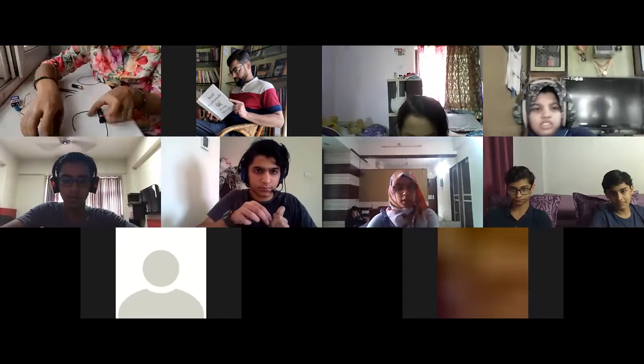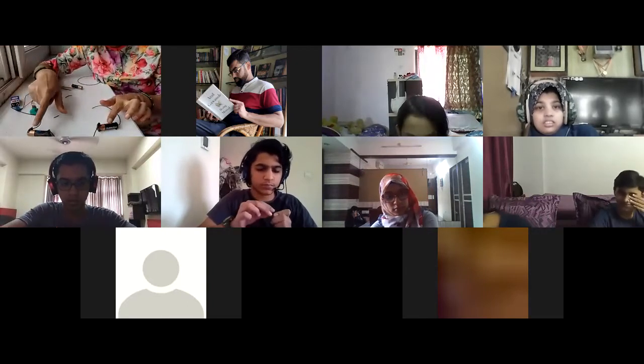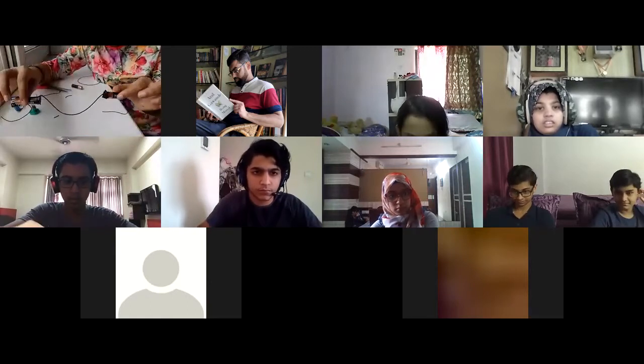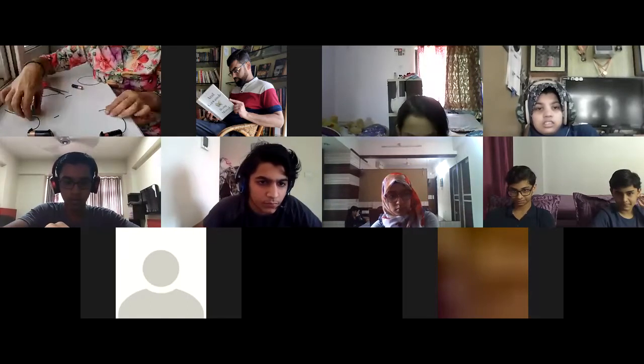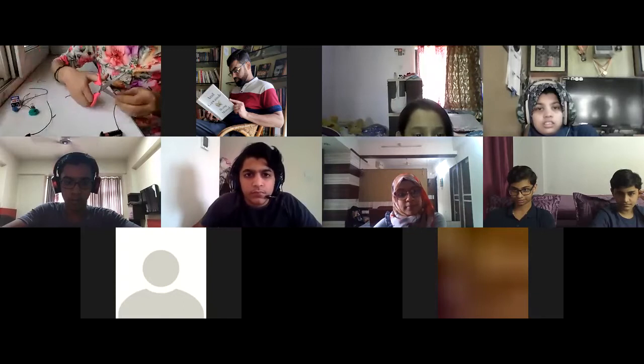Can you see my circuit? All of you, can you see my circuit? Shruti ma'am, can you show it? Yes, ma'am. See, these are two batteries, plus, minus, plus and minus. So I have connected two batteries like this. And one terminal plus and one terminal minus. This has gone out, so I'll have to take it out.